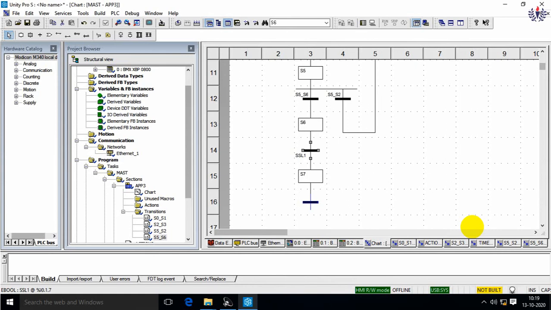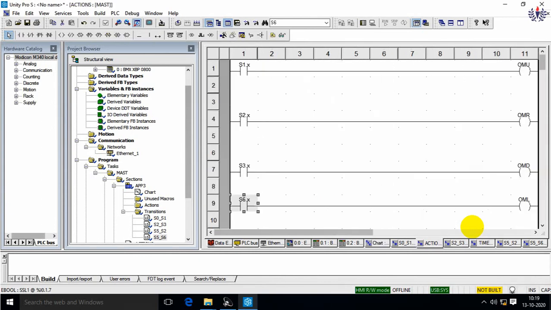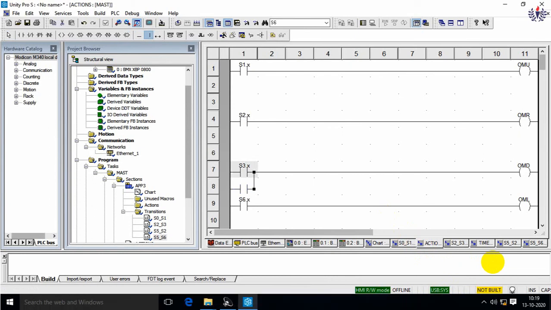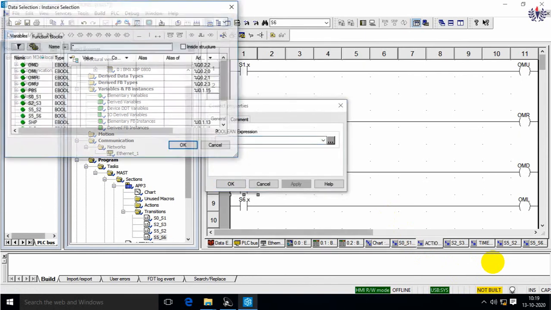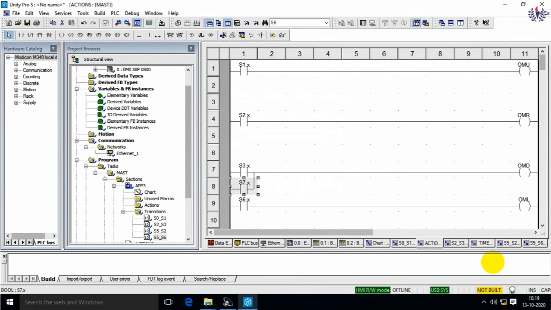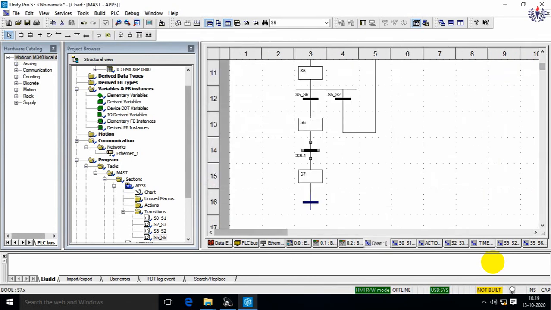Step 7 will be moving it down. So coming to slot 1, it should move down. The moving down action is already created, OMD. Additionally, I will create one more input for the last step, S7.x, the final step. Moving down, up to which position? Up to the low position.